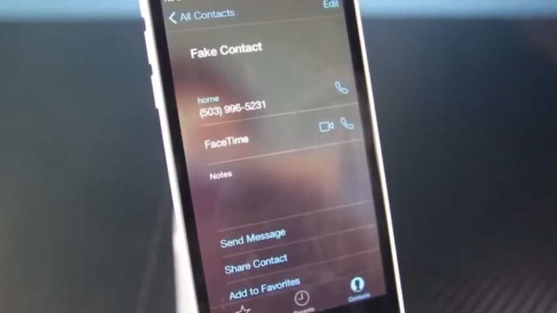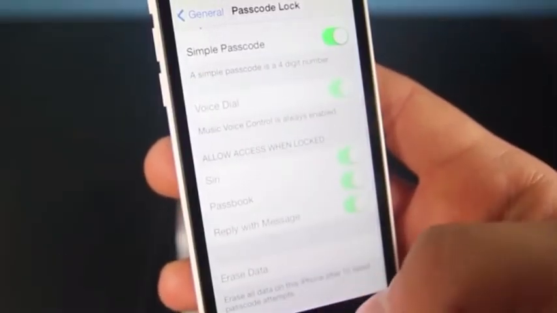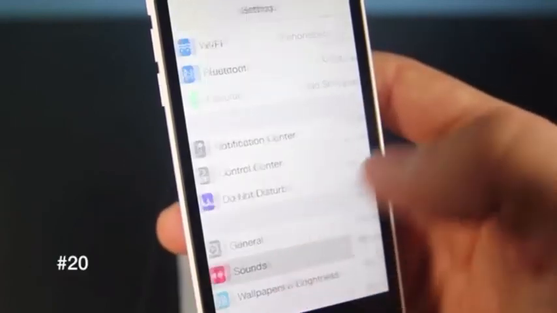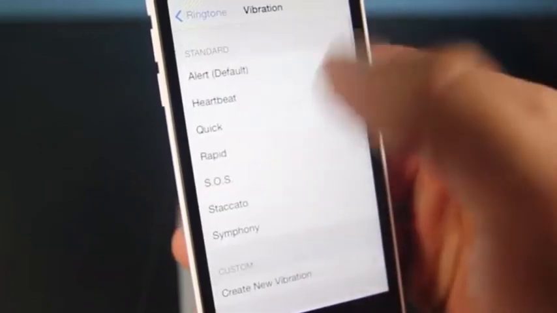without actually using your minutes. In the passcode lock settings, you're actually given an option to delete all the data on the iPhone after 10 failed passcode attempts. And lastly, my favorite in sounds, if you go into ringtone vibration, you can make a custom